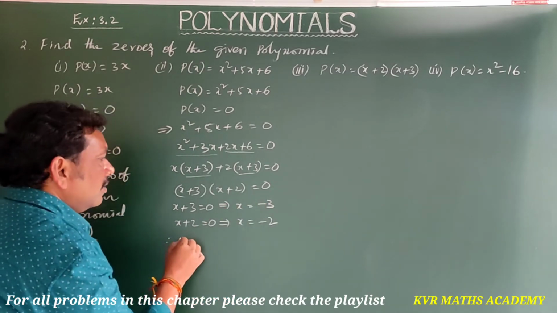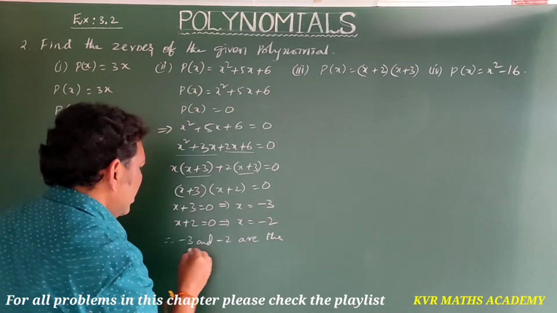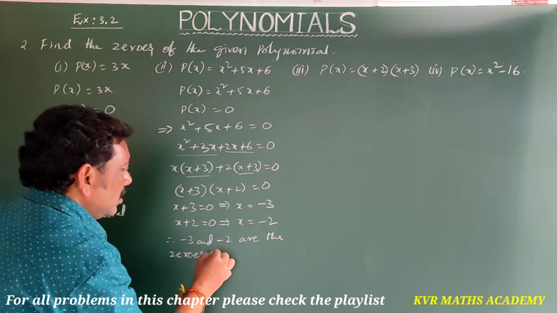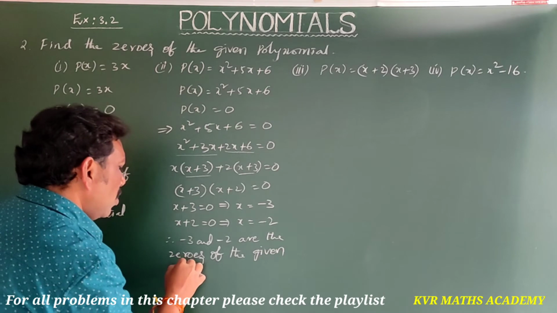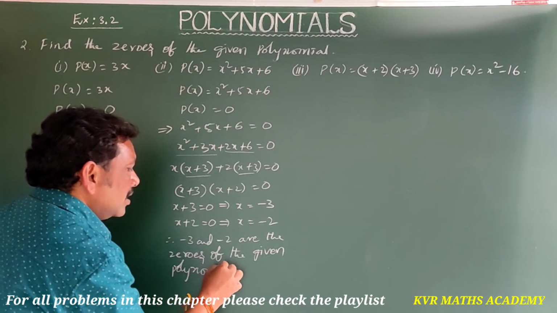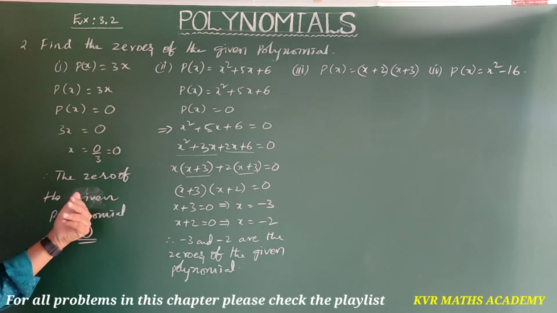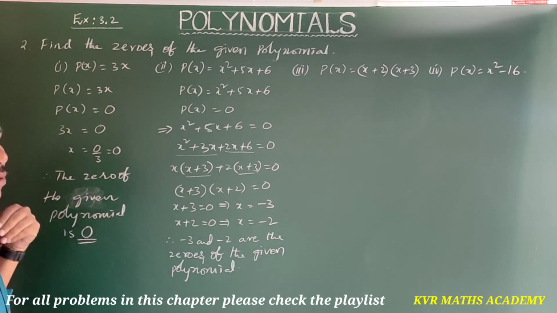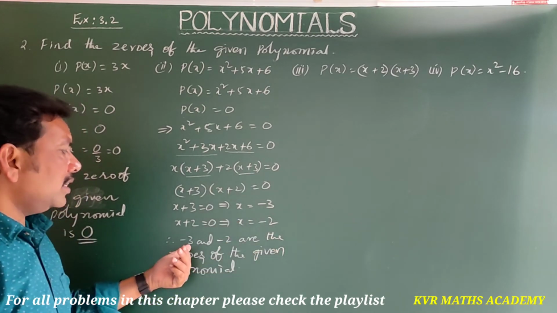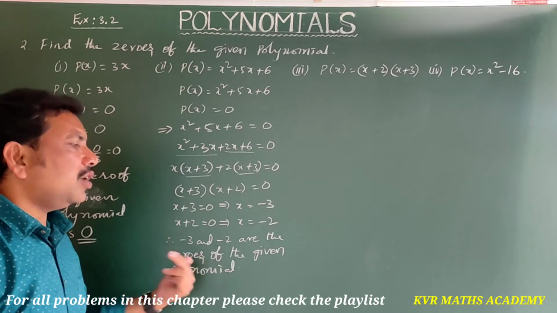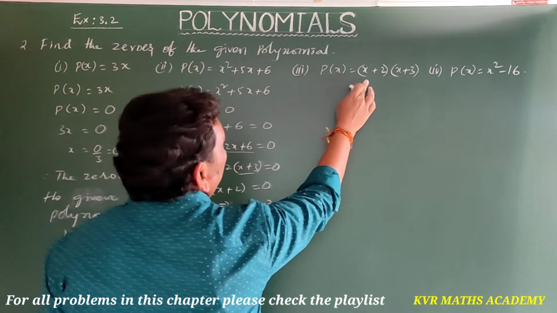So, therefore, minus 3 and minus 2 are the zeros of the given polynomial, isn't it? Here x is equal to minus 3 and minus 2 has come. So minus 3 and minus 2 are the zeros of the given polynomial. Yeah. Next, third one, P of x is equal to